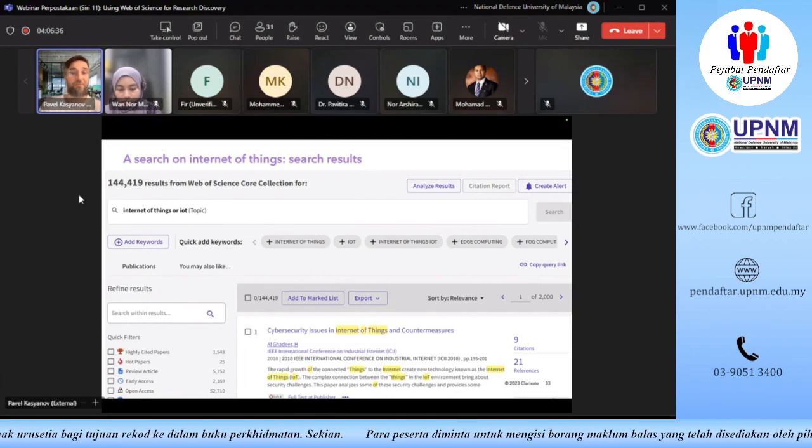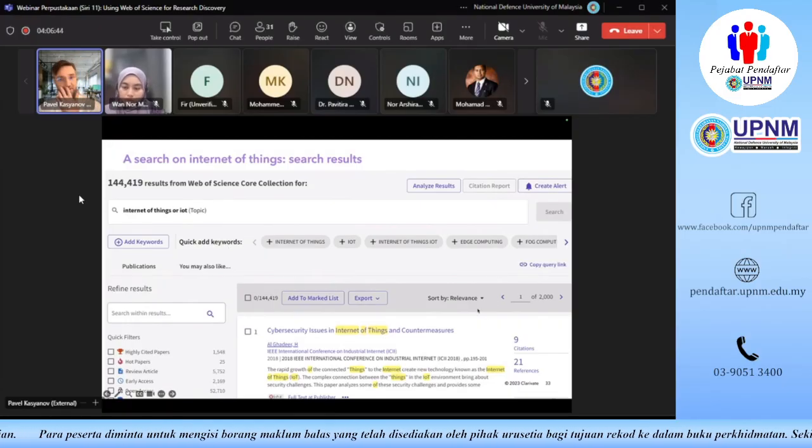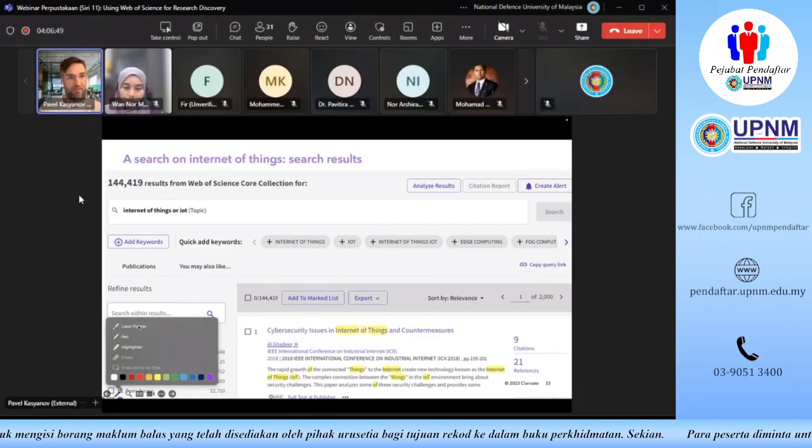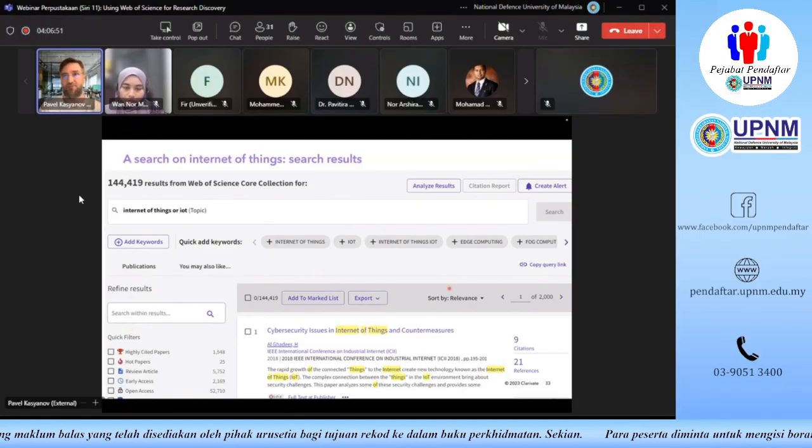Speaking about relevance, the default sorting of the items in this search window is by relevance, as you can see right here. I'll just try to show it with the laser pointer. So right here, we see that the results are sorted by relevance. And that's great, because this means that this particular record is the most relevant for the topic of Internet of Things.